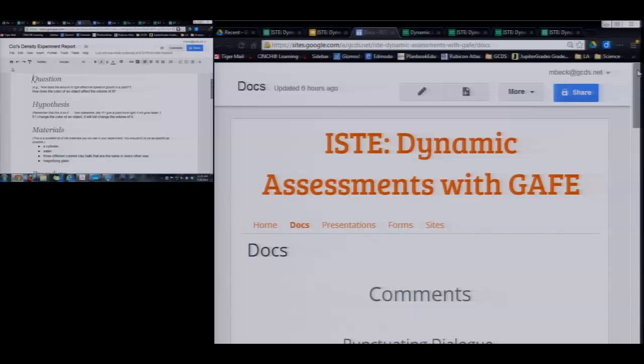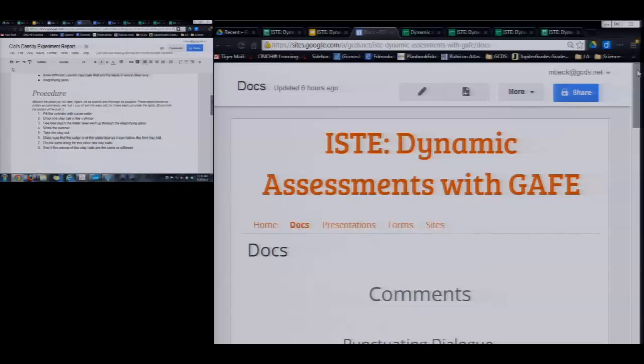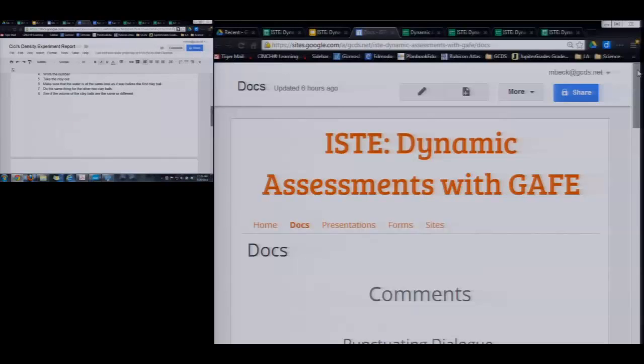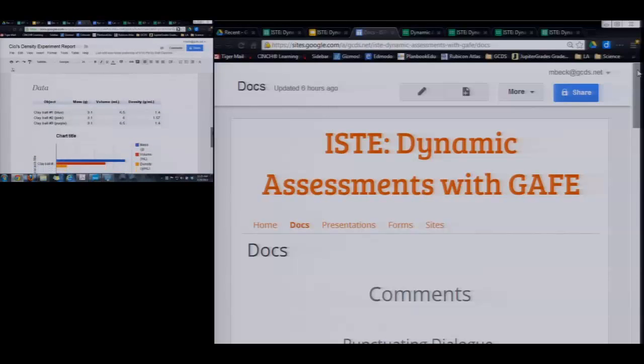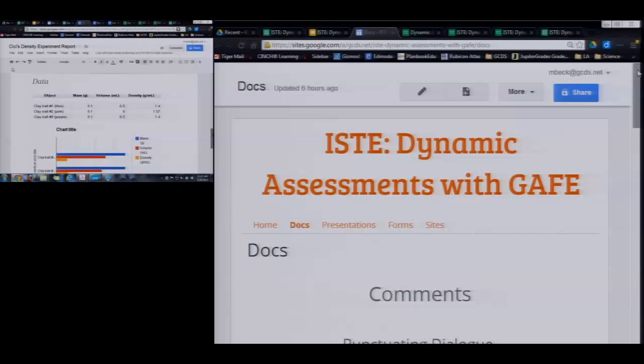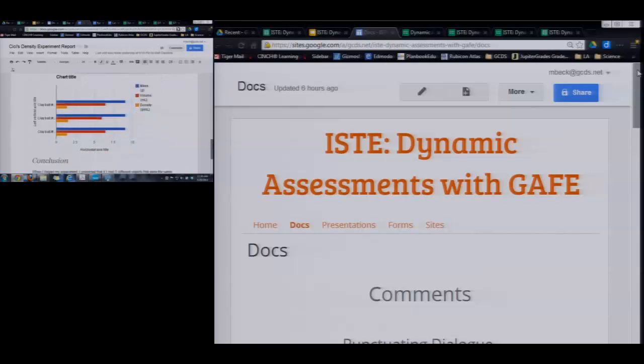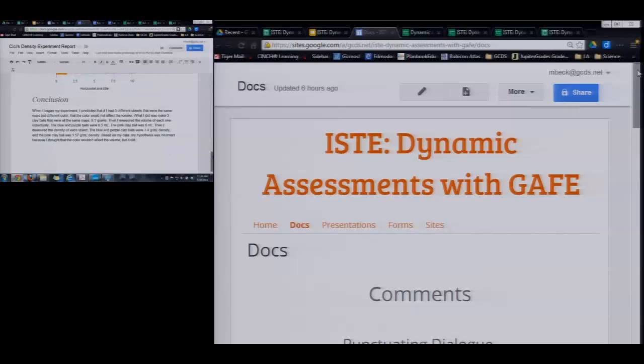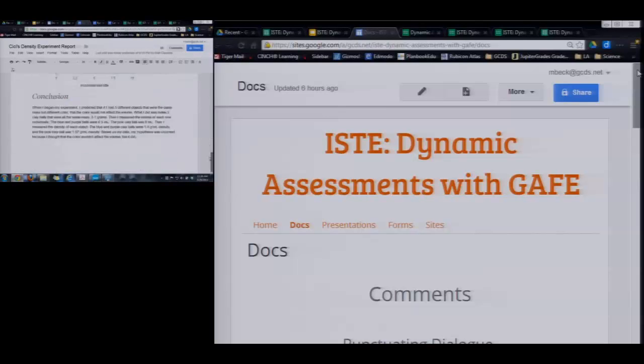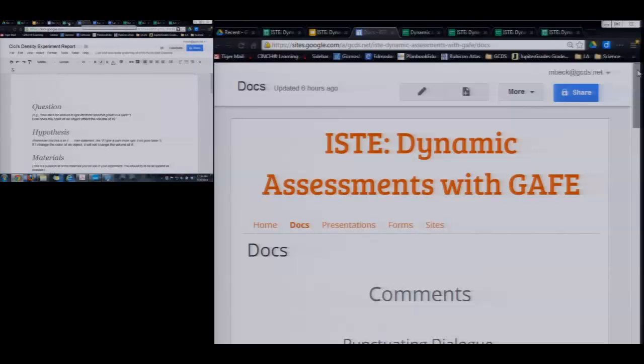And if you scroll down, CC did a phenomenal job with this. This is an experimental design unit. They designed their own experiment and explored it. Because Google Docs integrates so well with everything else, her data was in a spreadsheet, and she just pulled those charts in, put them in there, and if you go down to the bottom, she's got a great conclusion to wrap it up and explain what it means. So now, if you go back to the spreadsheet,